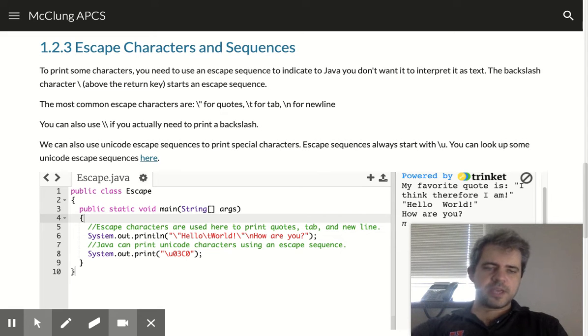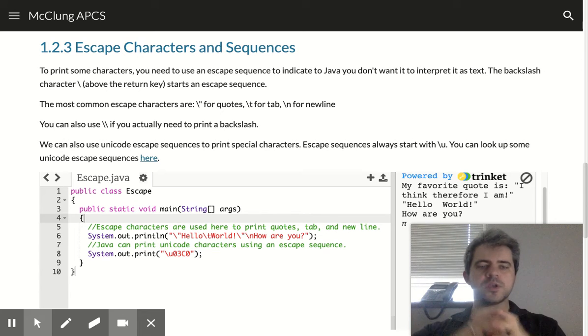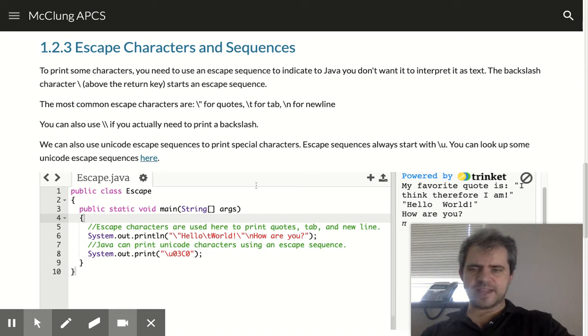All right, we're going to take a look at escape sequences and escape characters. Now, basically what this is, there are certain times where it's hard to put in quotes what we actually want it to print. And sometimes we need to basically put some code into our string rather than the literal text. One example of that is